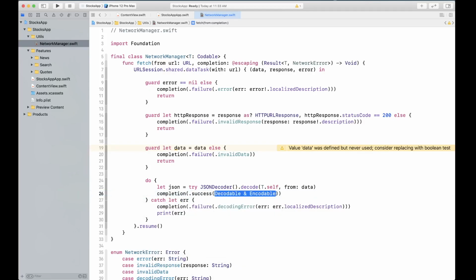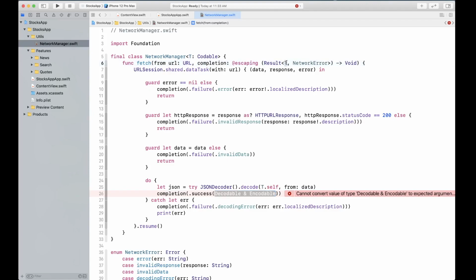And if you notice, the success says it has to be a decodable and encodable type. So we are saying that the result is going to be of type T, and T is Codable, which is basically made of the Decodable and Encodable protocols. That means here what we get is a decodable type T.